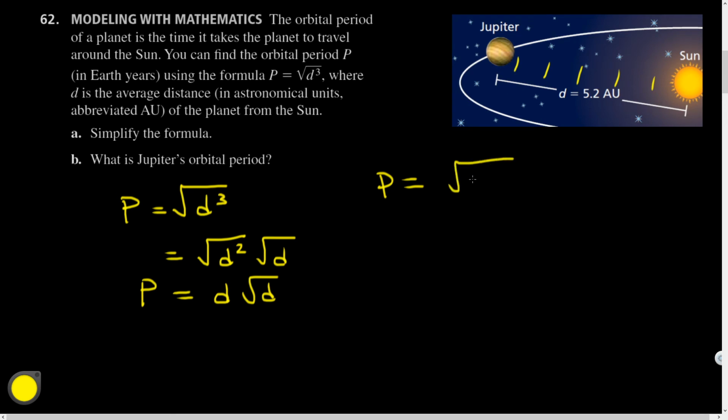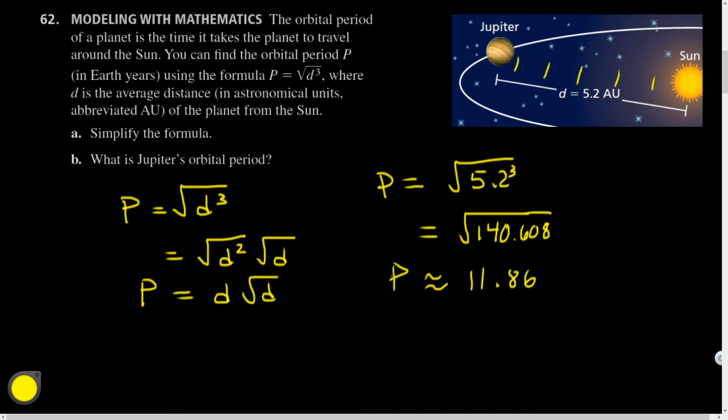I'm going to plug it back into the original, just because that way I get to do 5.2 cubed. 5.2 to the third power is going to be 140.608. And that's going to be approximately, so I'm going to hit second square root and then second answer on my TI-30X2S calculator, and I get